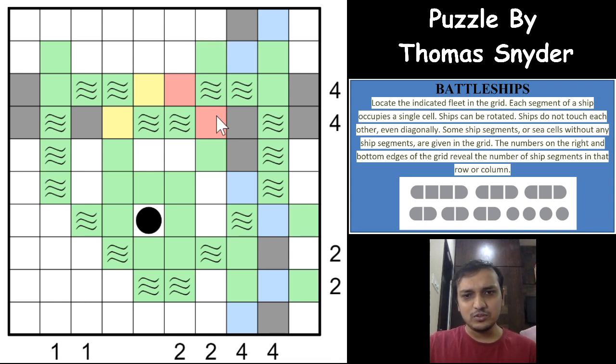And because of this being a vertical ship segment, right, this can be unshaded and this can be shaded now, and we can unshade this because of the diagonal rule. And if you see the 1 has been fulfilled, we can just mark it directly. And we are not even sure which one will be shaded here. So let's see if we get anything else. This also won't be shaded because of this one, and nothing else for now. Let's see if we get anything else.